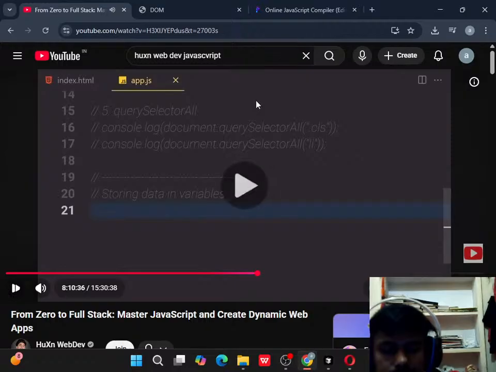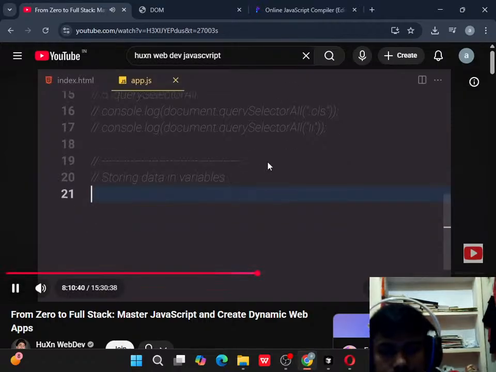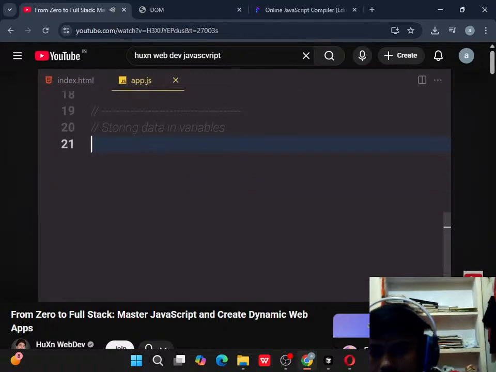So now let's suppose you want to select something and you want to store the value of that in some sort of a variable, so you can also do that. So let's suppose I want to select that h1,